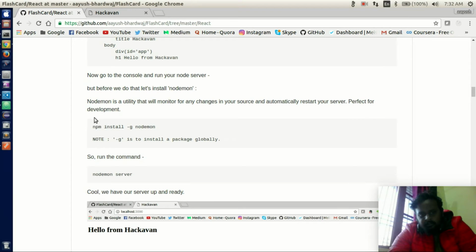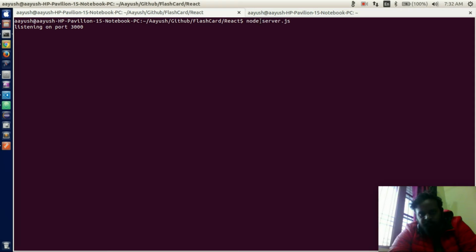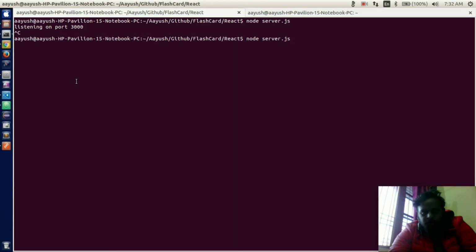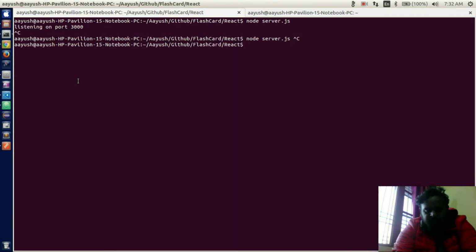Okay, there's another thing that I'm talking about here. Rather than running our server using the command node server.js, because every time I do some changes I have to kill it and run it again, we can use a watcher. So Nodemon is a monitor. It's a utility that will monitor for any change in your source code and automatically restart your node server. So all we need to do to install Nodemon is, it just sounds like Pokemon,